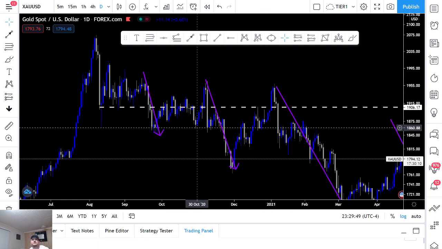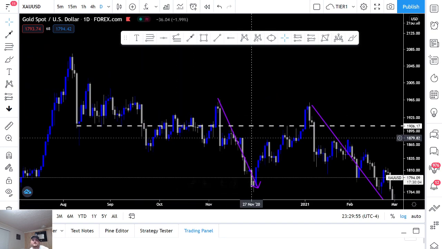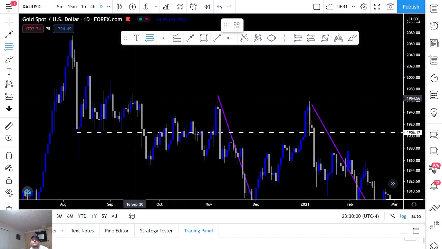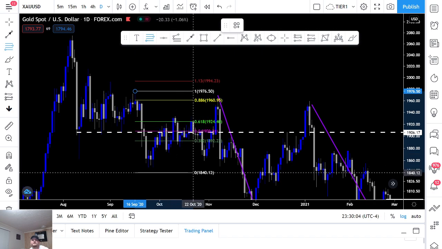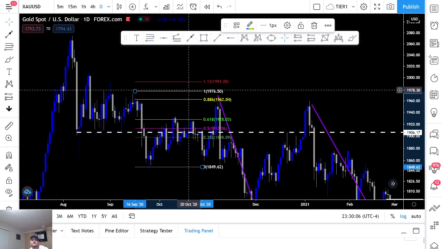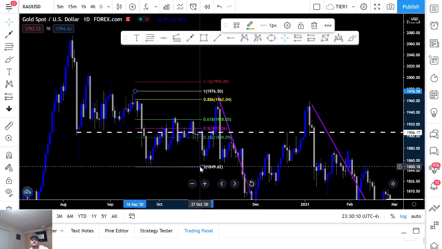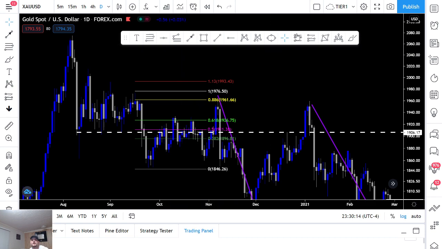All right, the rules for a bearish bat pattern are you would need an impulse leg from here to here. You pull your Fibonacci from there. I think this is a, well, there's a bat here too, but